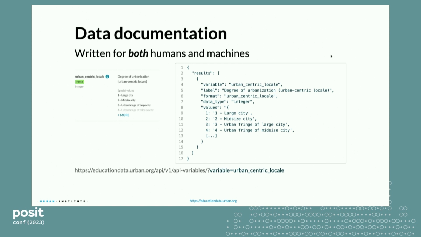So I think there are a couple of obvious advantages of this. Maybe you're someone who's trying to make hundreds of plots and you want to automate adding labels, or maybe you want to add captions, or you're building a dashboard. I think there are any number of things you can do that get a lot of value from having this data documentation written both for humans on the left and also in a way that can be programmatically accessed on the right.